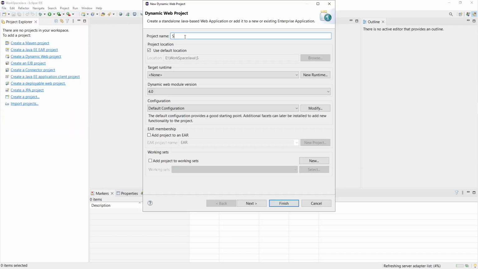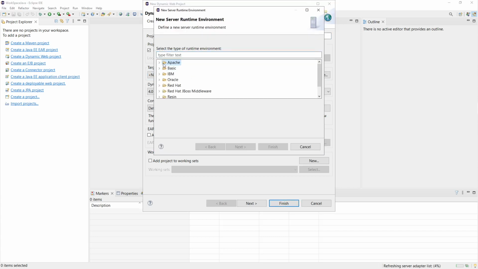I'm going to name it servlet dynamic project. And then the default, right now I don't have any run target, so we're going to add a new runtime. I'm going to pick Apache, and I'm going to pick Apache 9, which is the one that I have, and I'm going to click next,